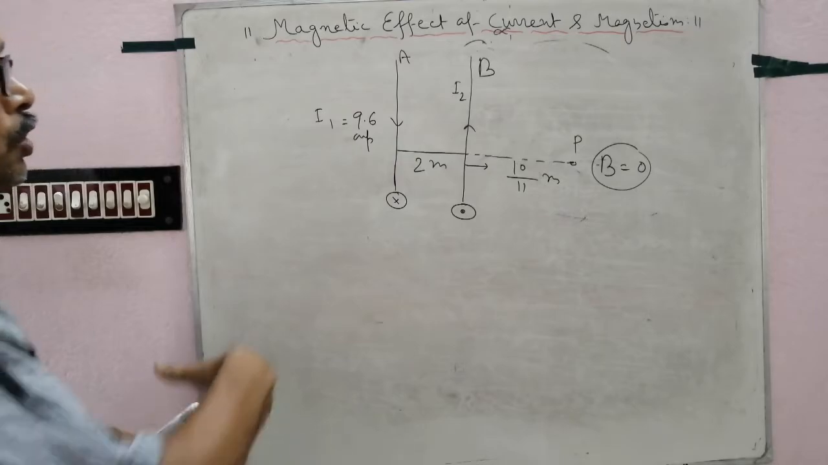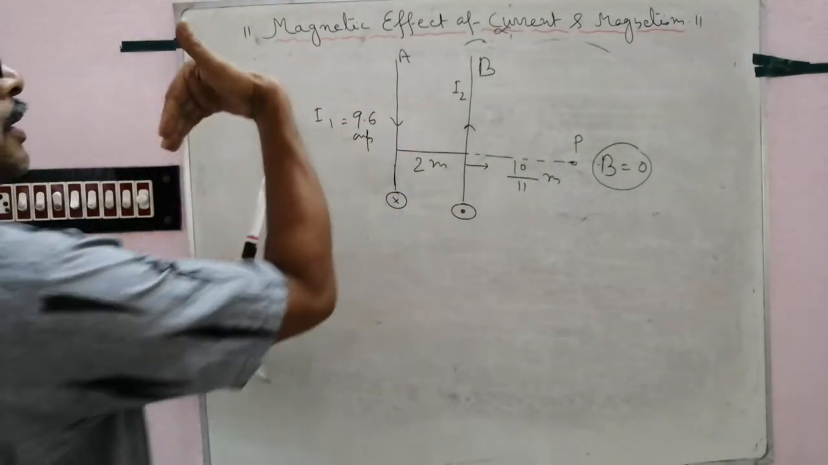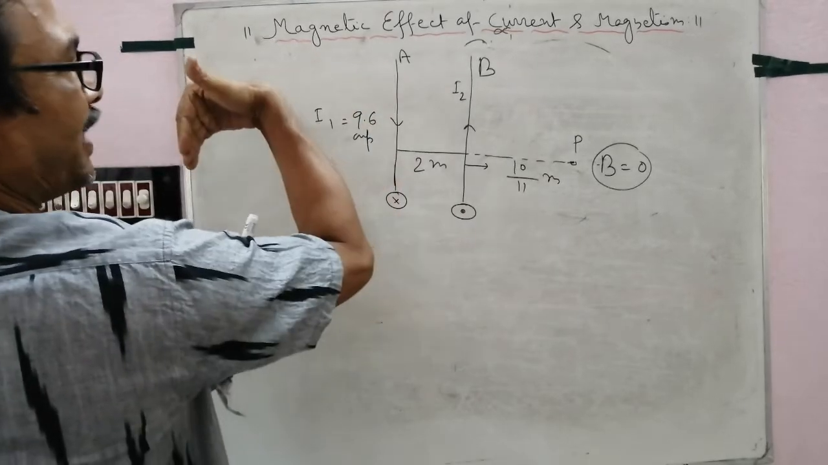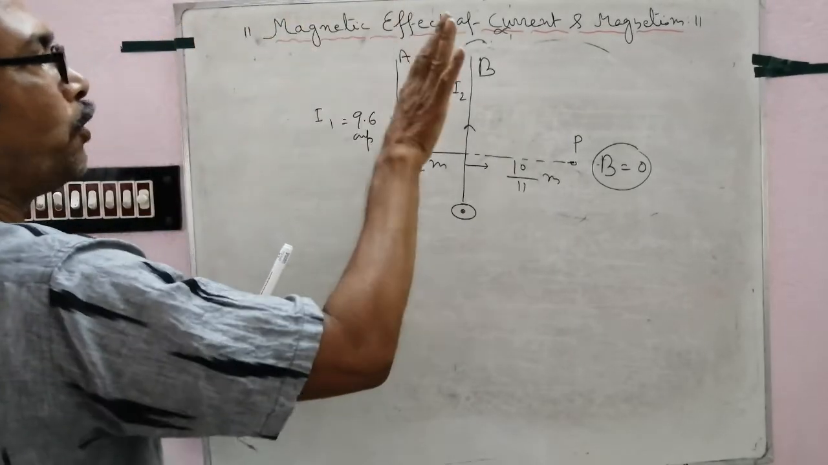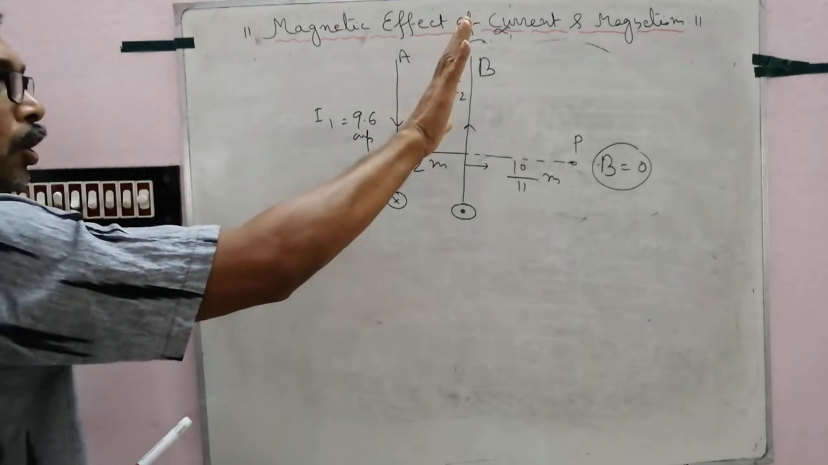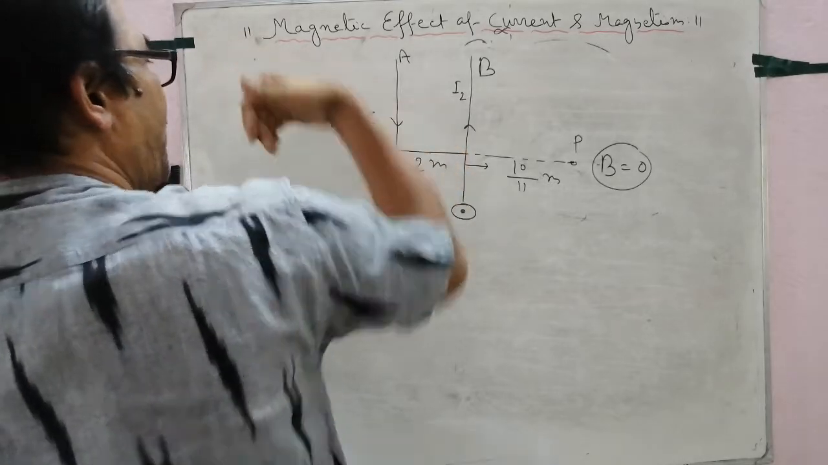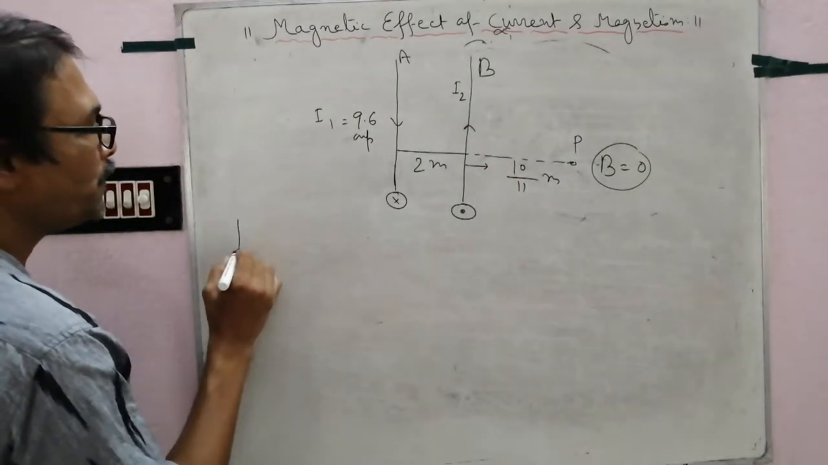Follow, for wire A the magnetic field is upward, and for wire B the magnetic field is downward. So B_A